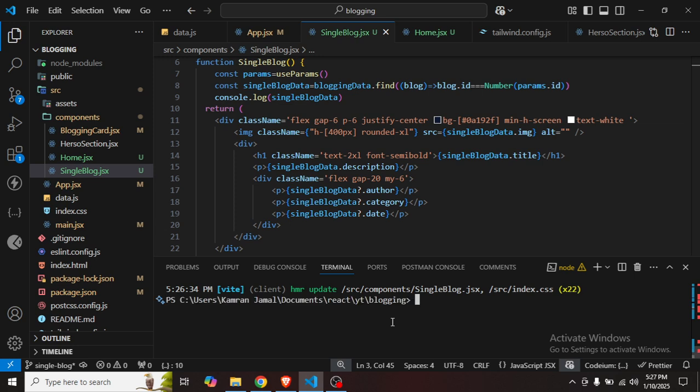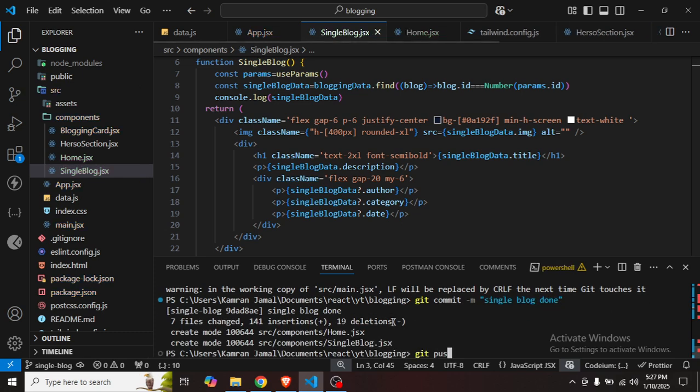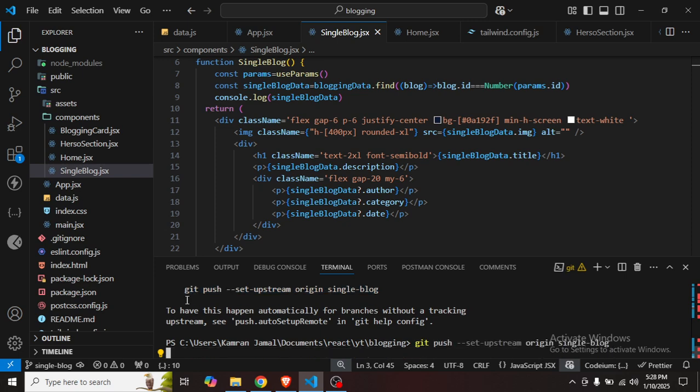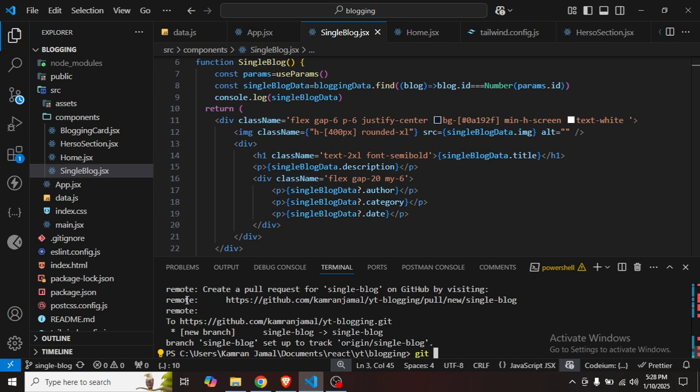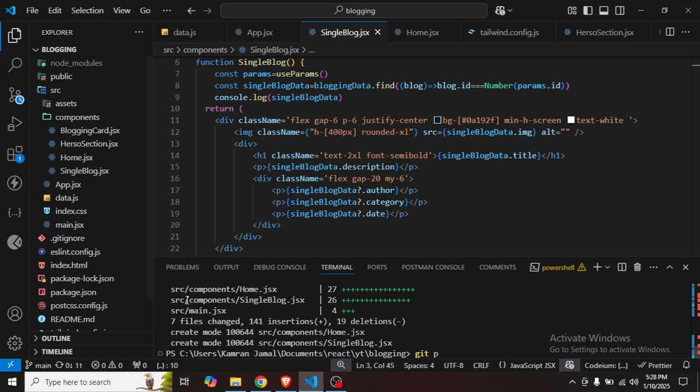Now let me post this code on GitHub. git add, and git commit, single blog done. And now let's push it on GitHub, git push. Now let me copy this one and paste it here. Now here I should check out the main branch, and this should be merged with the single blog. Now let's push everything to GitHub,